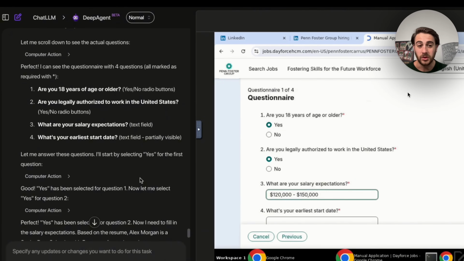Look at this. It's literally going through and it's filling out questionnaires. Are you 18 or older? Yes. Are you legally authorized to work? Yes. What are your salary expectations? It has all of this information, and just like we would as a human,